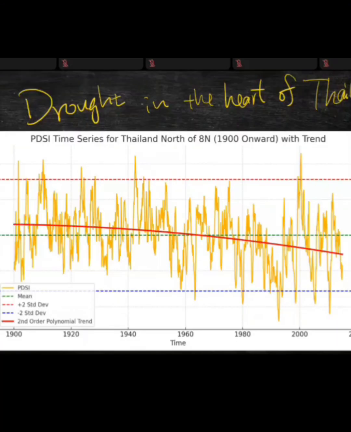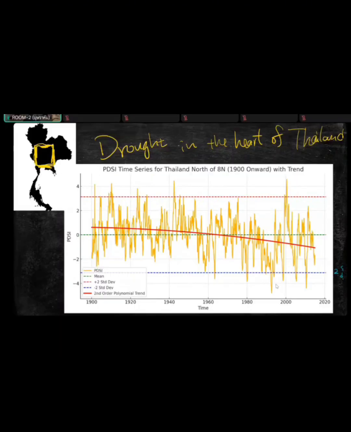But I think the more concerning feature is the long-term trend, which you can see from this solid red line, which indicates that the drought appears to be getting worse and worse. Now you can also see from all these peaks near -4 that drought has become more and more severe. There's a higher frequency of more severe drought. There's also a changing climate effect. So we can see that drought indeed has become more and more severe in recent times.